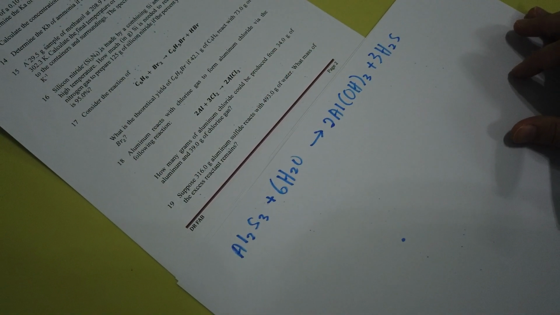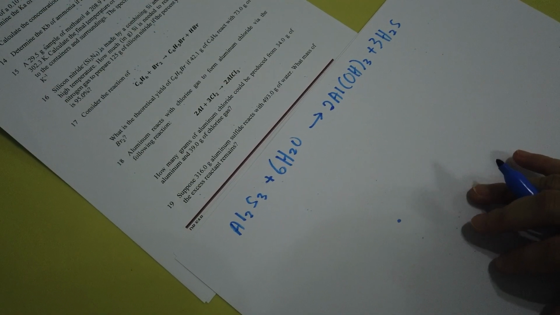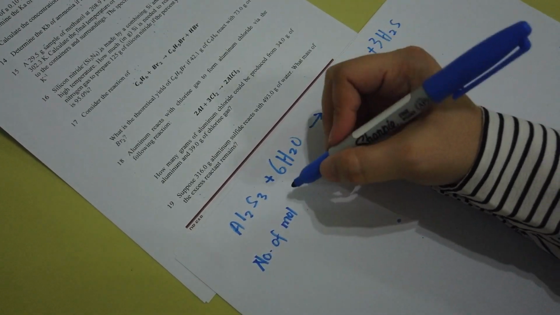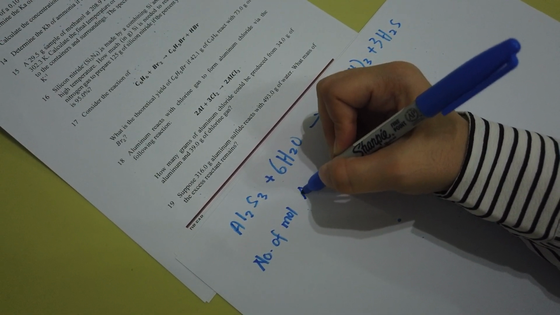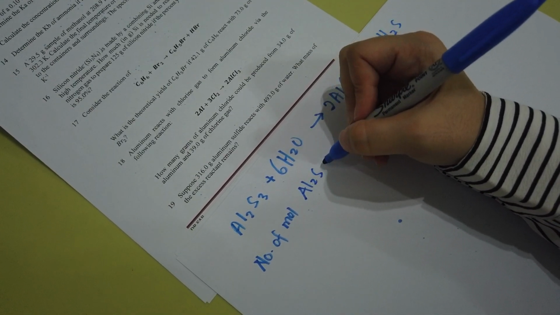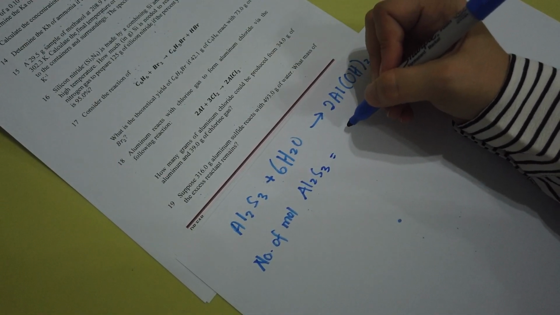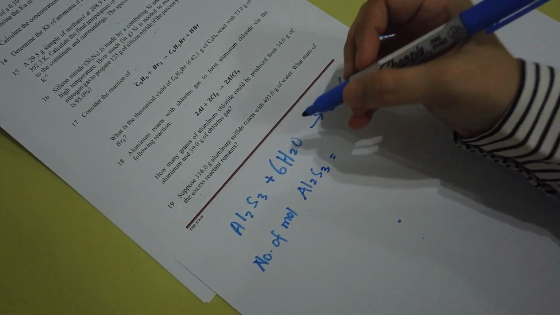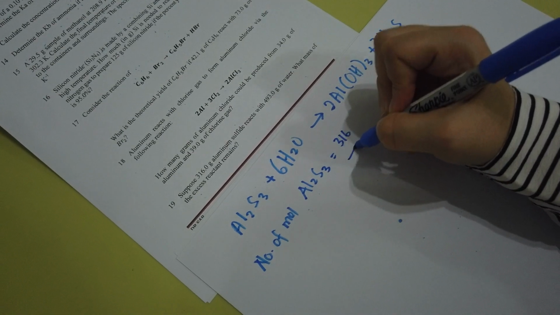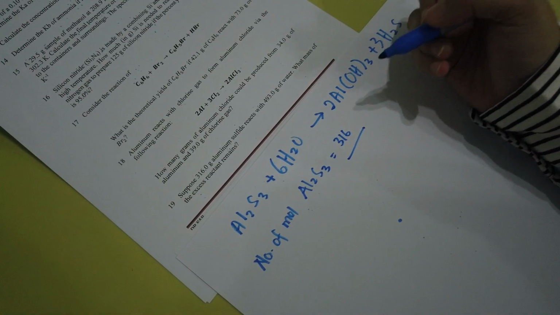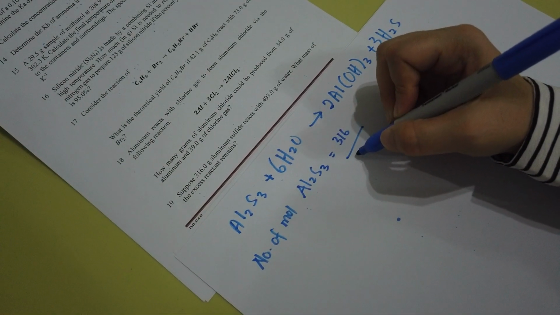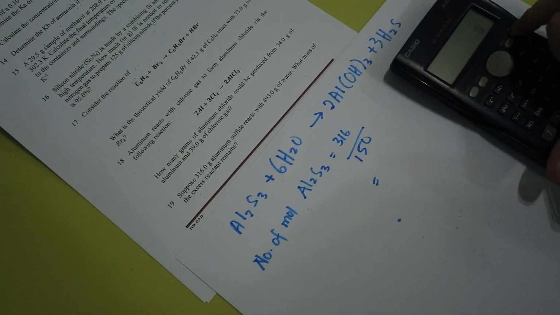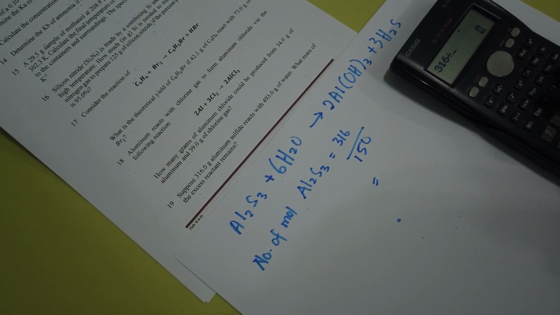Okay, so now from the mass you need to calculate the number of mole. So number of mole for aluminum sulfate, Al2S3, is equivalent to the mass (3.6) divided by the RMM, equivalent to 150. You should get 3.6 divided by 150,